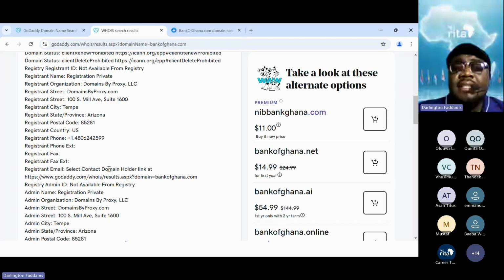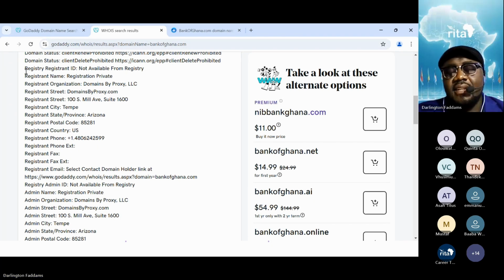This morning, we just discovered that GoDaddy had a level of privacy that they give for free. But they just started it, because privacy is actually for sale. You don't get privacy for free. But GoDaddy is giving a level of privacy like this one we are seeing. The domains by proxy, GoDaddy says they are giving it for free. So you can just choose it during your registration. It's an extra service for free. So if you work with GoDaddy, you are going to get this one for free. But domain privacy is for sale. But then they have a second level, full protection privacy, that is for sale.